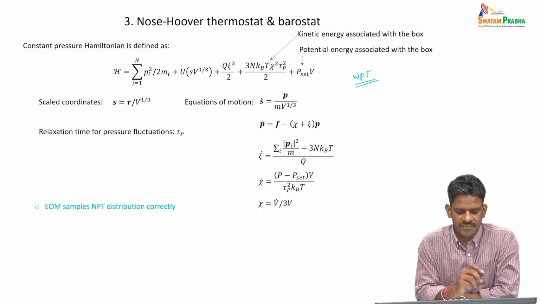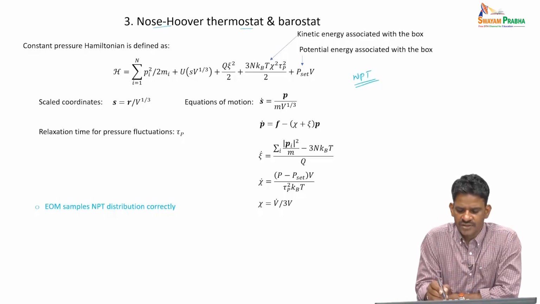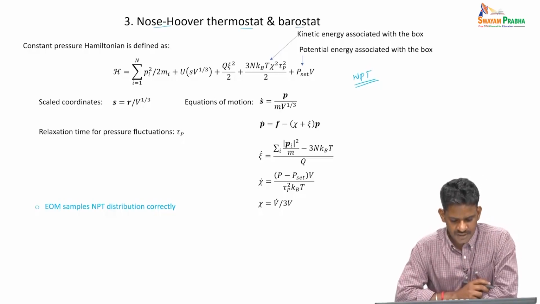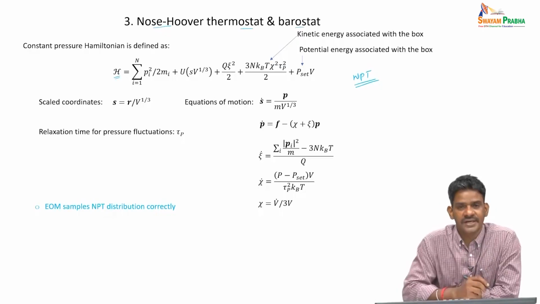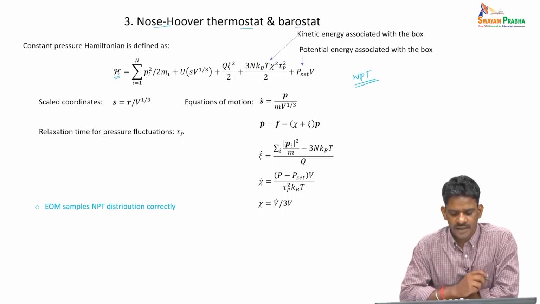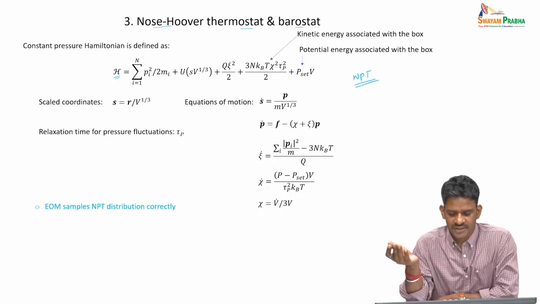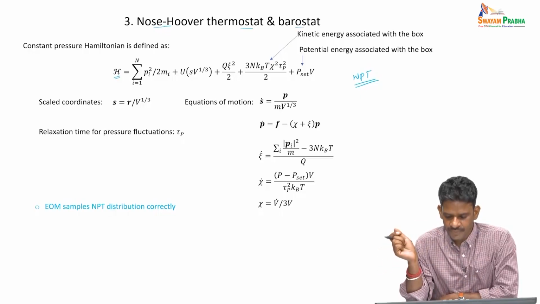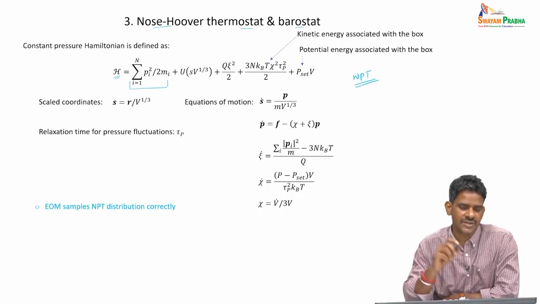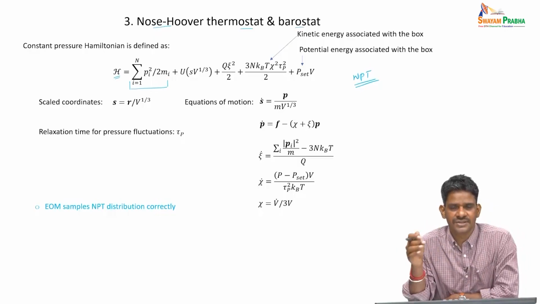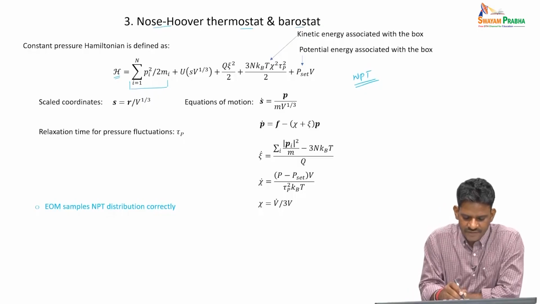Such a method is called the Nosé-Hoover thermostat-barostat approach. In this case also, you can see that the Hamiltonian is redefined to include additional degrees of freedom, so that the temperature as well as pressure can be fixed. You can see that the first term is the kinetic energy of the system, that is the kinetic energy of all the particles inside the system. Then we have this potential energy